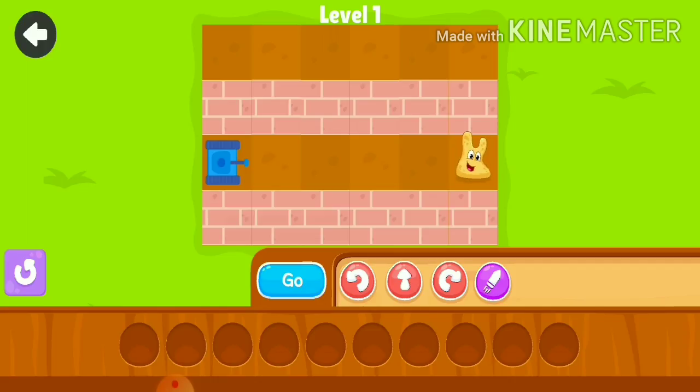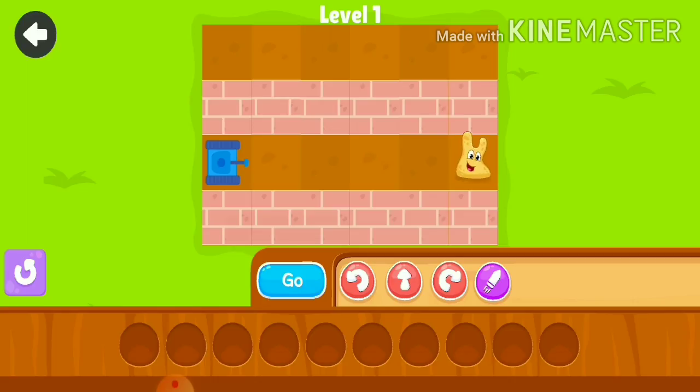And what we have to do now is, we have 4 blocks available at the bottom, and also we have some round or circle shaped boxes that are available at the bottom part of our screen. The boxes that are in red color and one box that is in purple color, we have to drag these blocks into these circle boxes. Depending upon what we have to do, we have to choose a block.